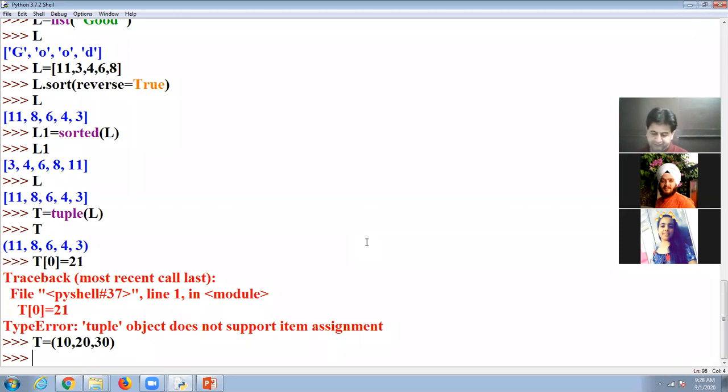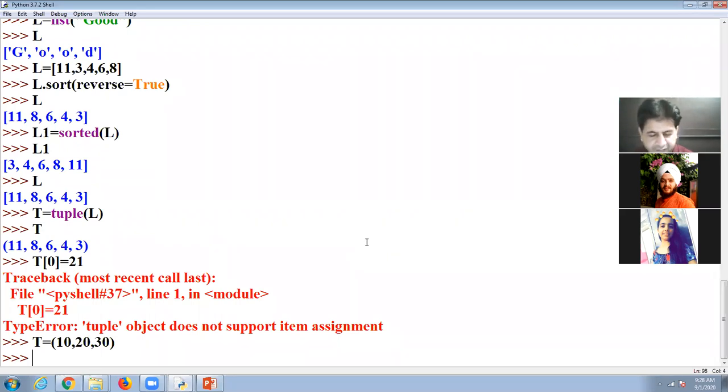Look at here. One is called tuple unpacking. So I am going to discuss one method that is called tuple unpacking. Look at here, we have three values.